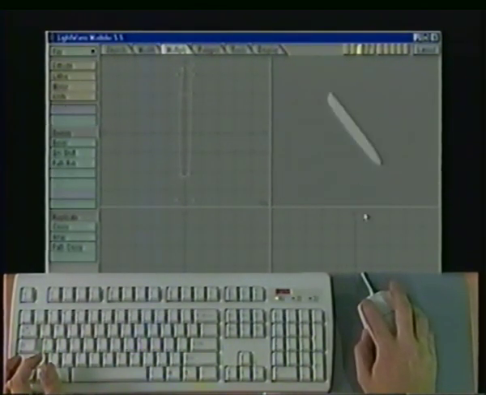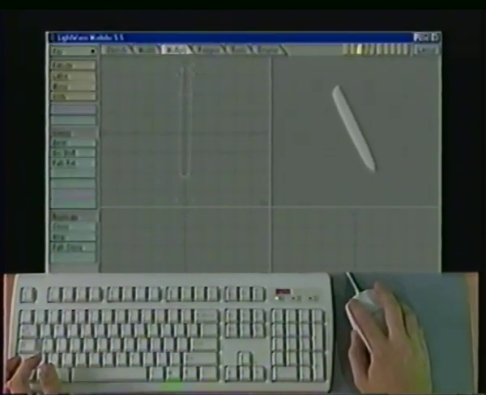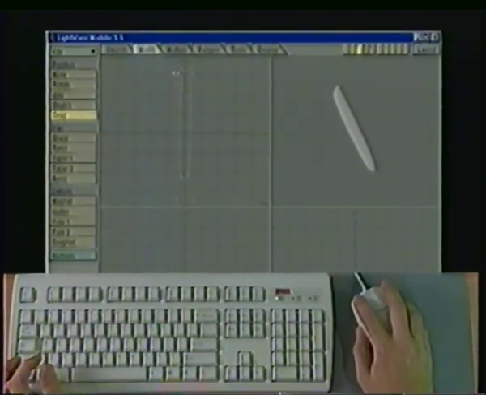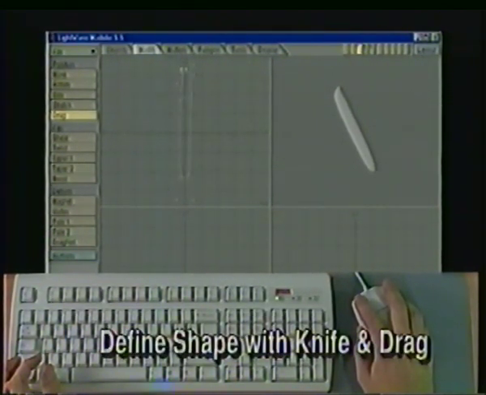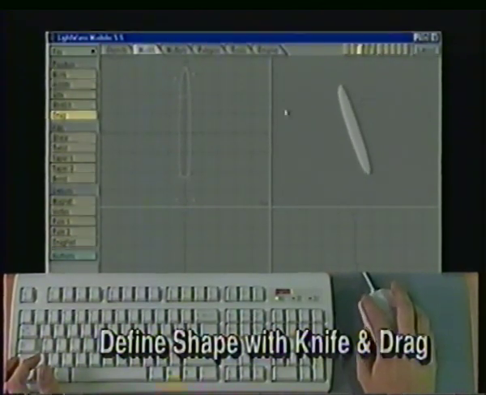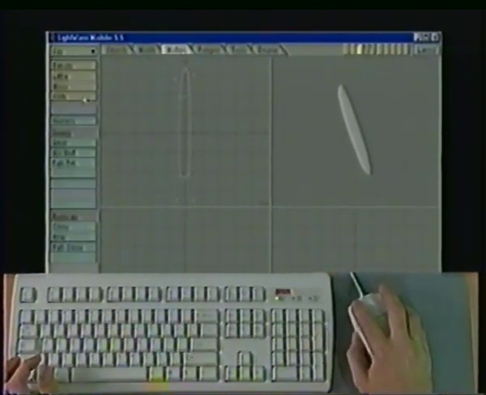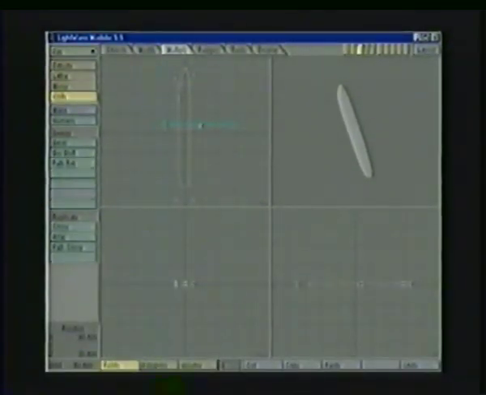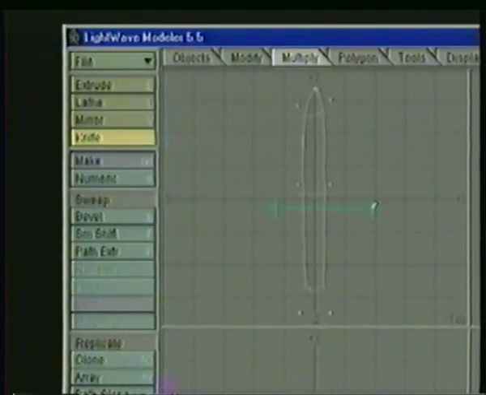up at this edge. Now I can move these points by going to drag, modify drag. Move this one down, move this one in a little bit. I want it to be a little bit more rounded. So maybe what I'm going to do is move these 2 points closer together, move this one up and out a little bit. Right, that's good for now. Go to the knife tool, knife in another section about here. Then another section about here. Okay, now we'll go back to the drag mode